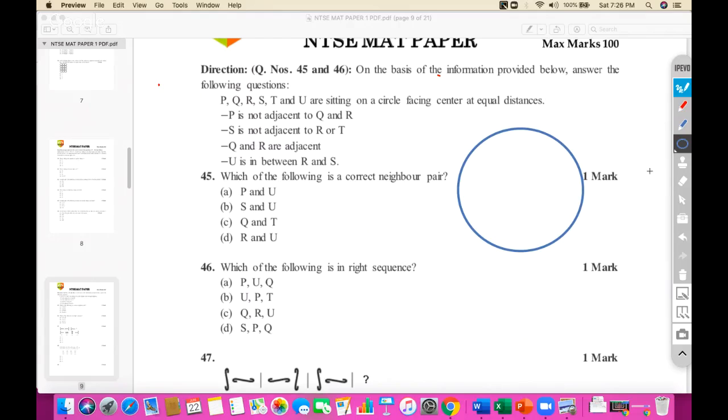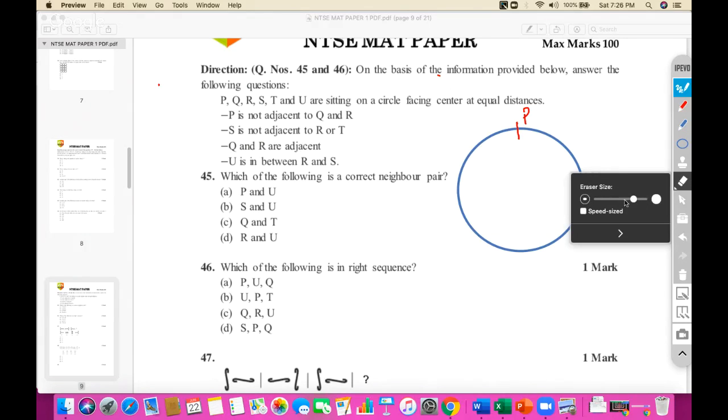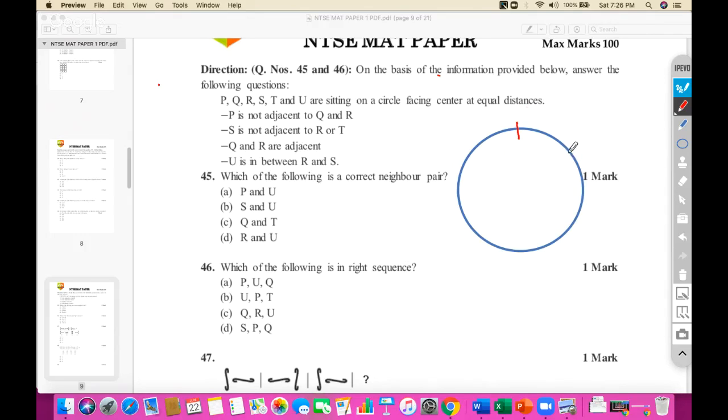So this is my circle and PQRSTU. So I have six people. Sorry, I should not start marking it. So I have six people: one, two, three, four, five, six. Okay,